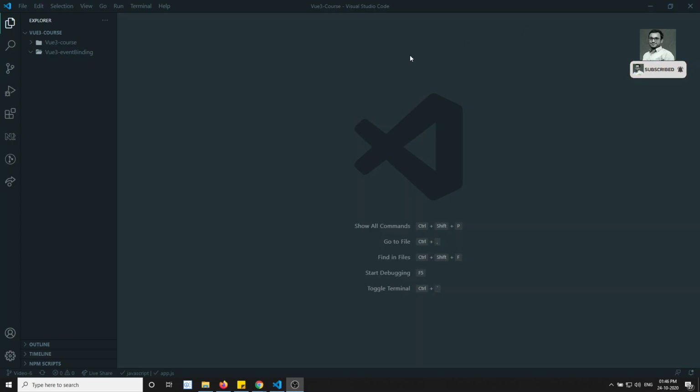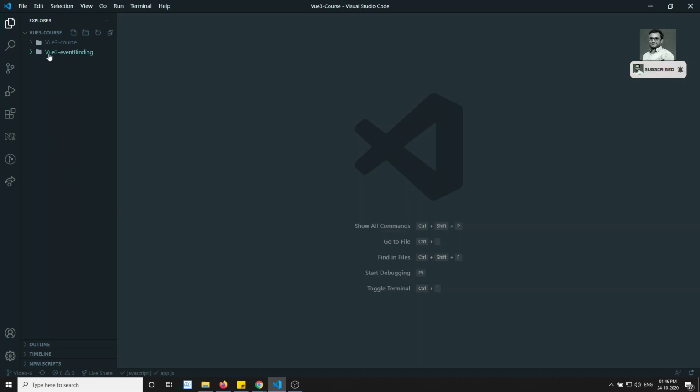Okay. Now I took a new folder, instead of this one. These are the previous things. I took a new folder and created a new branch with the name video-6, so that for every video we'll have a branch with that video number name, so that you can go to that particular branch and see the code there.